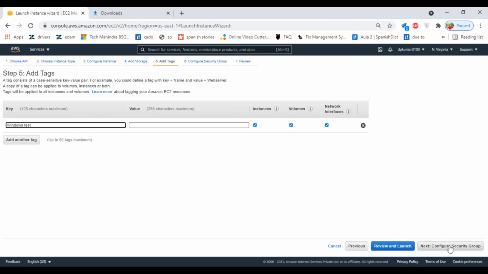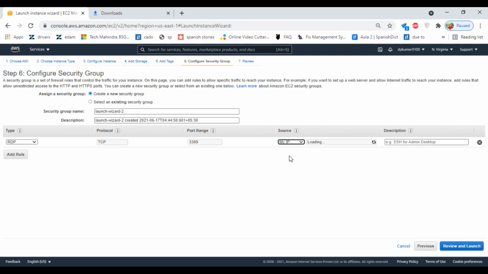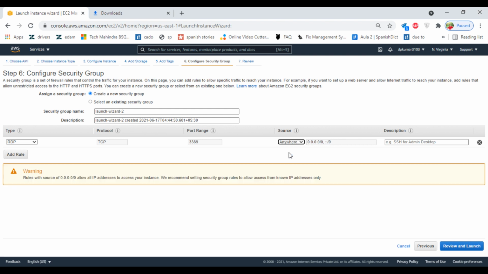Click on security group. This option helps us allow the ports you want to configure here. By default RDP, if you want to take RDP of your instance, this port needs to be allowed. If I click on my IP, I can use it only using my IP. If I want to access this instance from a different machine, I cannot use it because I have selected only my IP. So in order to avoid it, I am going to select anywhere. I am going to create a new security group, Windows security group,